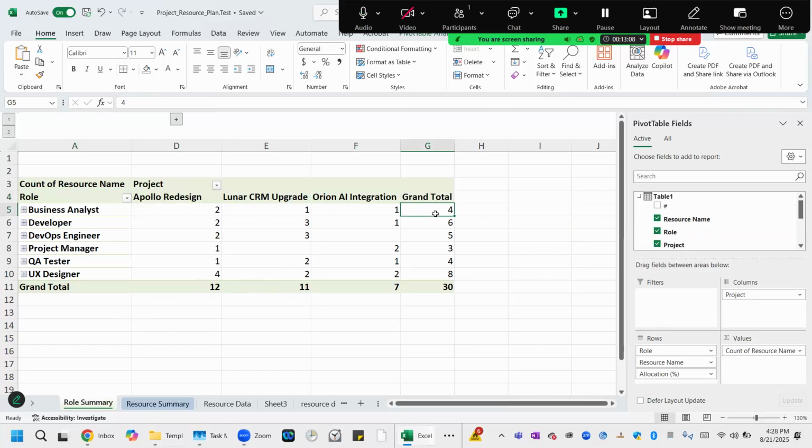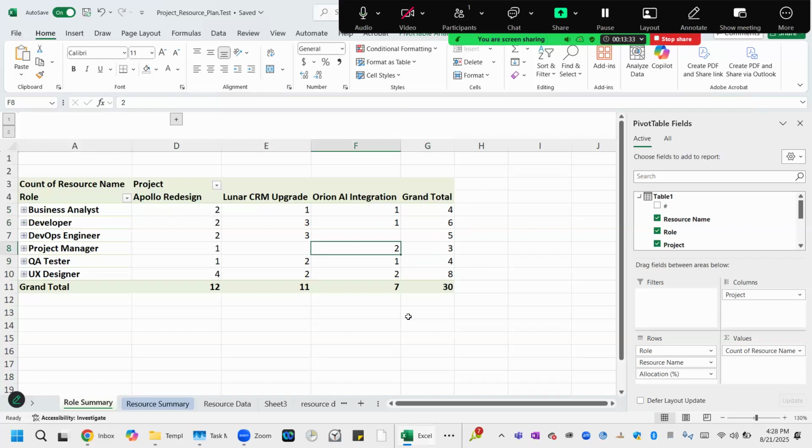We have four business analysts here, and we have 3 project managers. We have 4 QA testers, and we have 6 developers. All right. And we only have 1 developer on the Orion AI integration and 1 BA, but we got 2